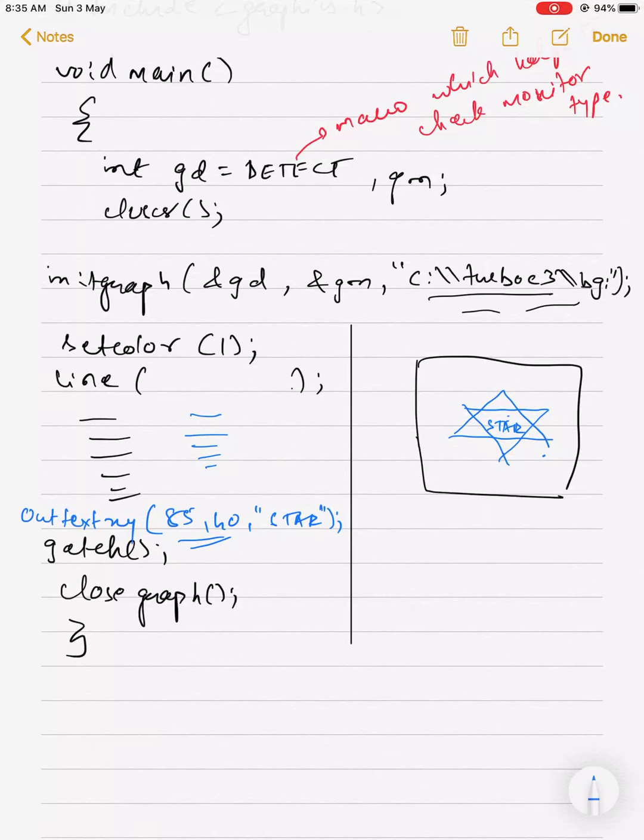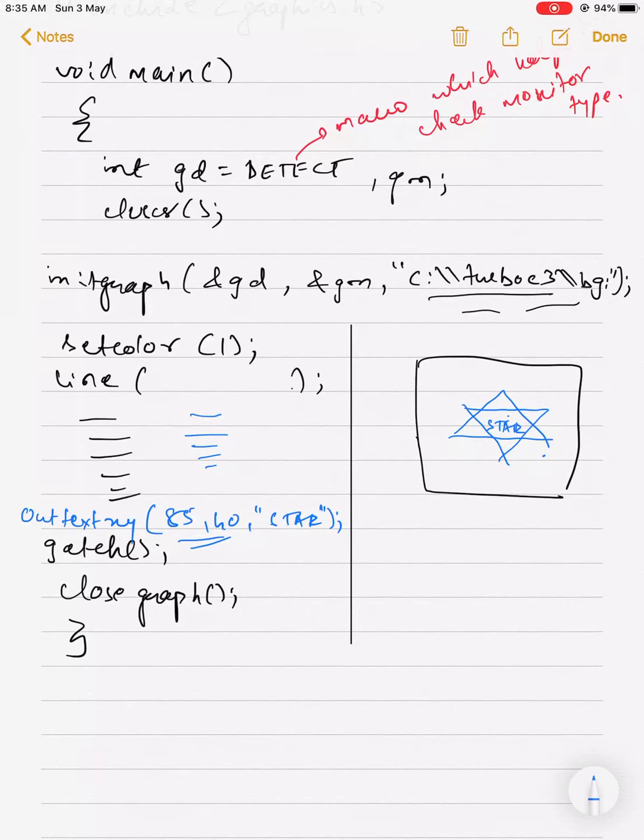Okay, like that your mind should work, because now you know what the coordinates are. You already studied coordinate geometry in maths in 11th and 12th standard. So you should know what the position should be, or take out a paper and draw it so that you can understand it better. By trial and error you will get a star at the center.